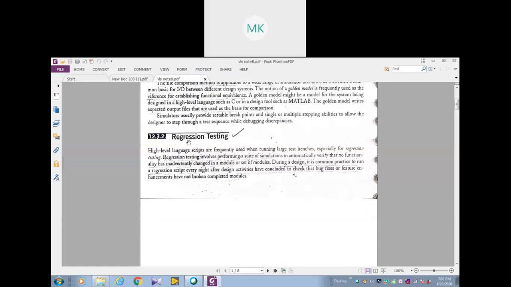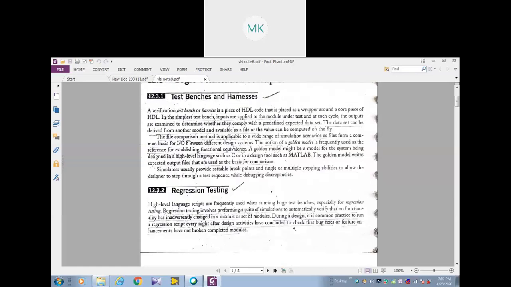The first one is the test bench. It is a piece of code used to check your HDL. The output of your module will be compared with the golden module, to find any differences. Your program's output is compared with the standard program, that is called the golden module. Now regression testing: bug fixing or any enhancement, any changes in the program, must not change the actual performance, actual requirement or actual functionality. To check that, we use regression testing every day.